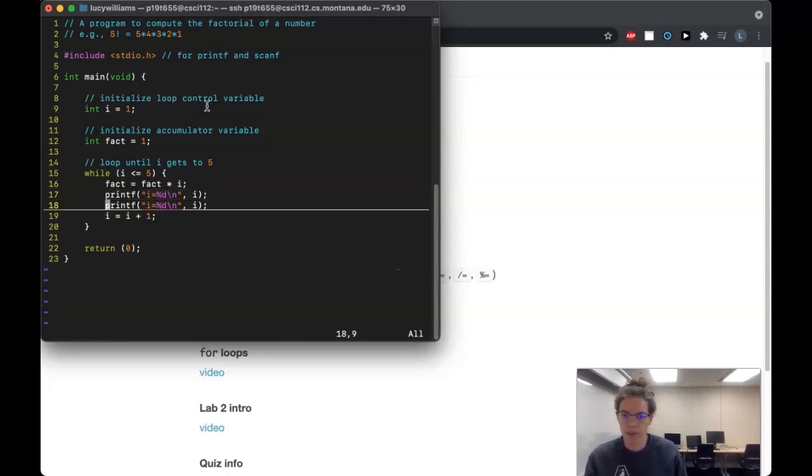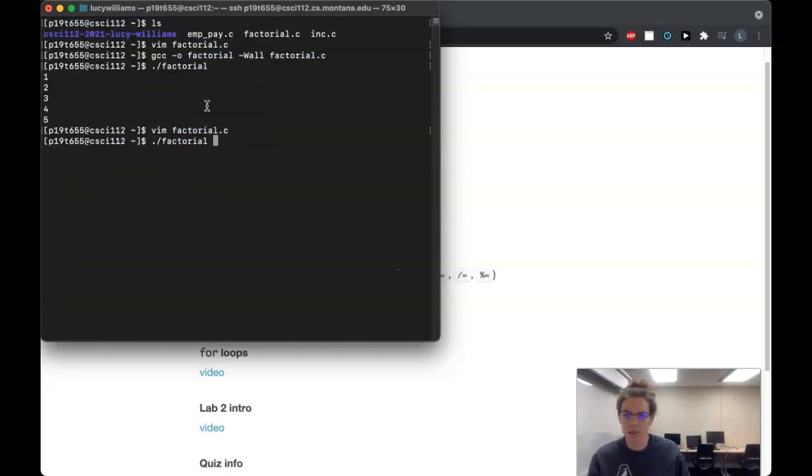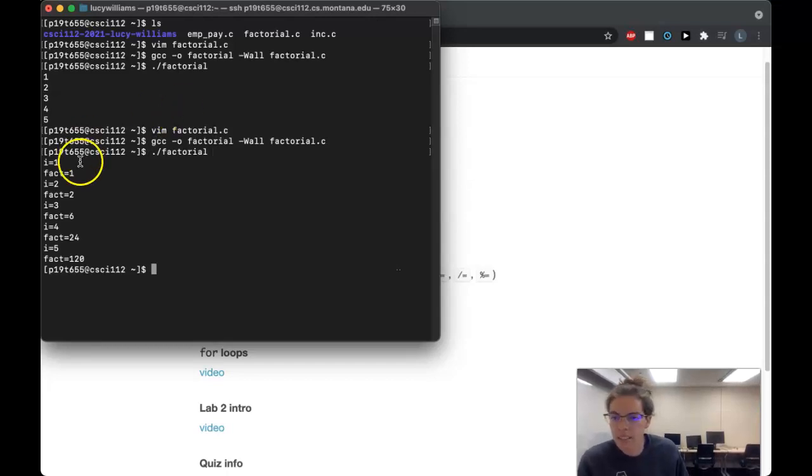And let's also print out fact, just so we can make sure everything's going how we want. And that looks right to me, so I'm going to compile again and run. And okay, 5 factorial is 120, so that looks good. And just like we hoped,